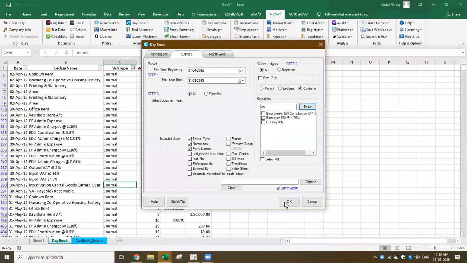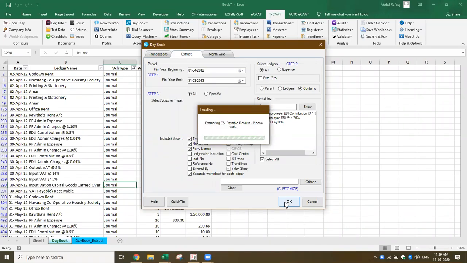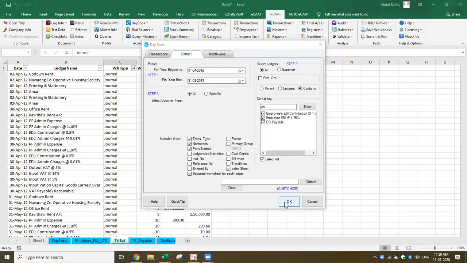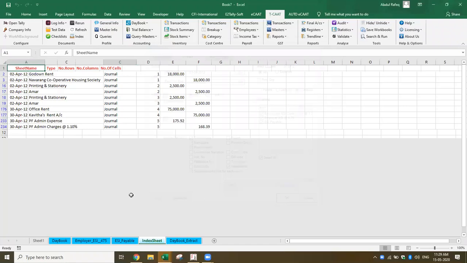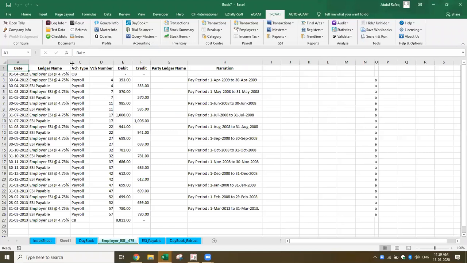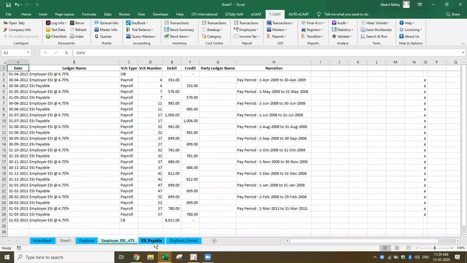Now you see all these specific ledgers, transactions of ESI contribution, ESI payable, I can extract and put it in a separate worksheet and then I can do my analysis. See, now I've already got the data. See ESI, I've got this. This is the ledger which is available in Tally. Okay, you got all this. You can use this for further analysis. You can find out what amount they have passed the payable entry and the date on which they are paid. Now, see, this is the ESI payable account. Okay, like that you can extract, for example, same thing.